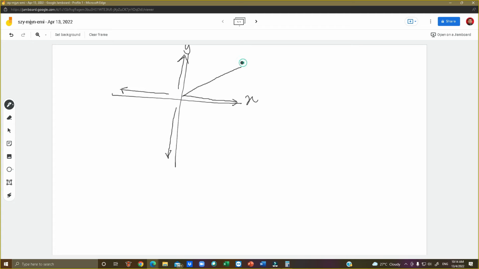Kita panggil dia Z ataupun torque. Means an object can move forward, that is X, can move upwards, that is Y, and at the same time it can rotate. Itu pergerakan yang boleh ada pada sesuatu objek. And that pergerakan yang ketiga ni, this is known as Z ataupun torque. Jadi in describing motion, we can describe motion as this one.